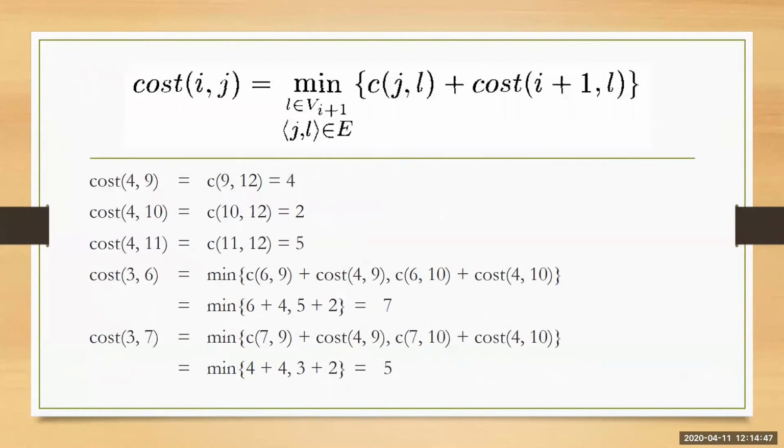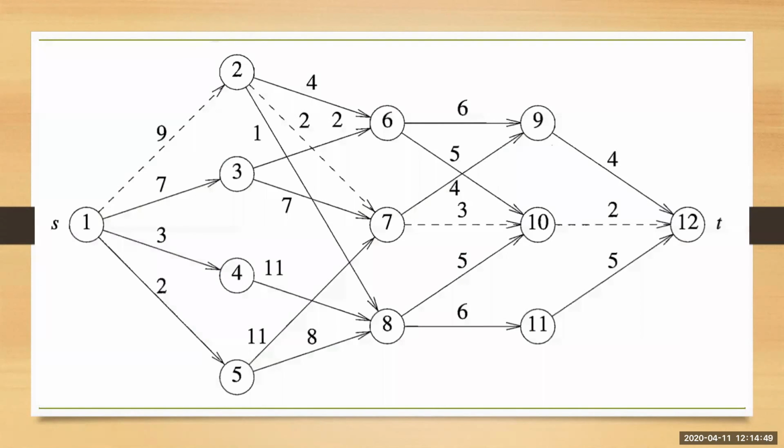Similarly, you will calculate 3, 4, and 5. Okay, now come to the first stage. What does the first stage contain? The first stage contains only one vertex. From that vertex there are 4 options, 4 edges. Now you have to see which one is the minimum out of these 4.